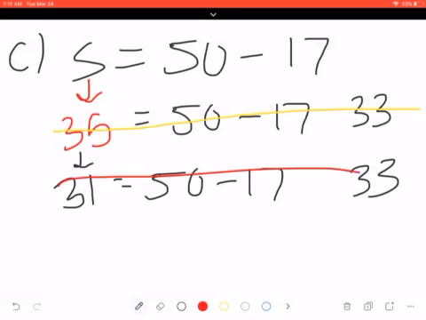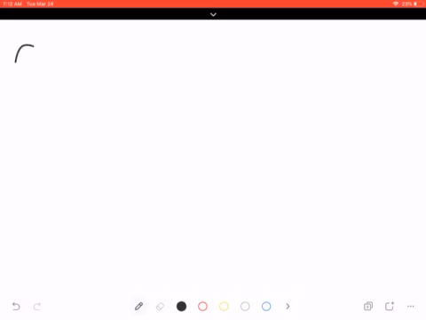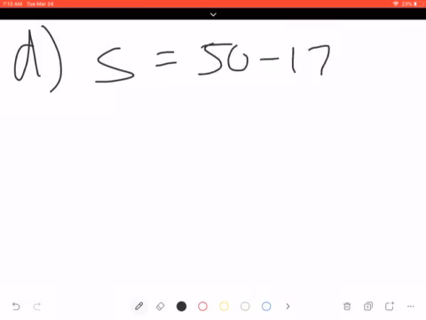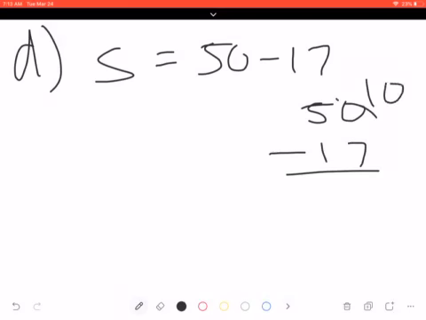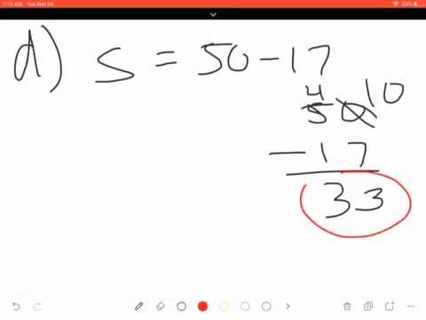And then if we go to the next one, it kind of plays off of this last one. D asks if there's more than one answer for the length. So if I plug this in and I say short board equals 50 minus 17, we just did this, but 50 minus 17, of course, equals 33, right? And no, this is the only answer that works because of this right here, this equal sign. There's only one thing that can work. 50 minus 17 is only 33. And if I'm being accurate, I'm going to say 33